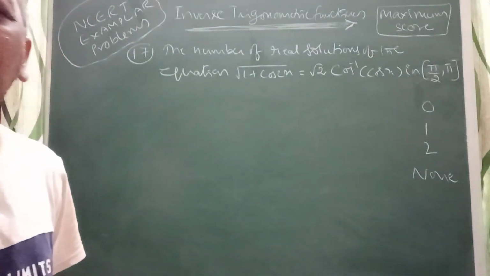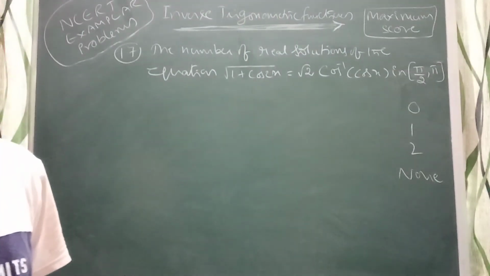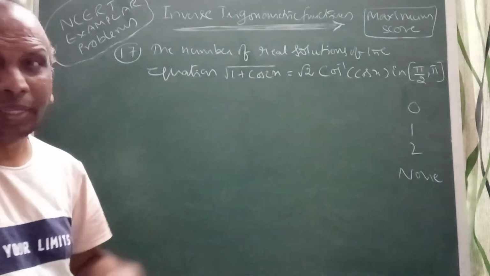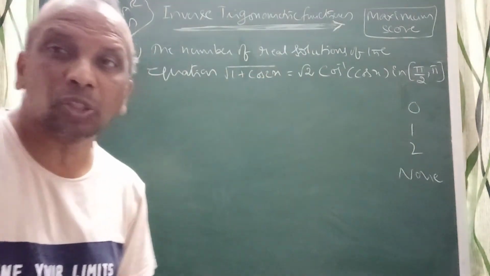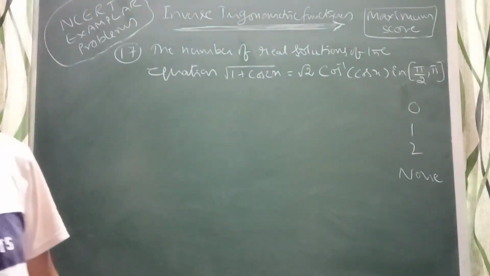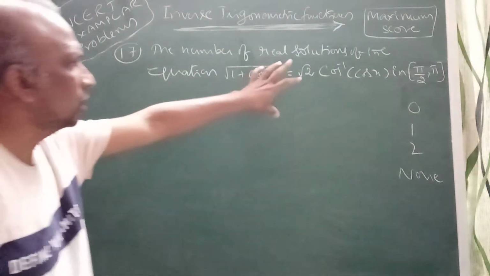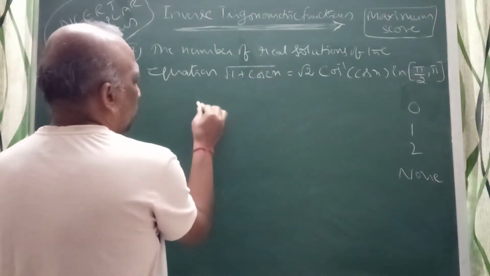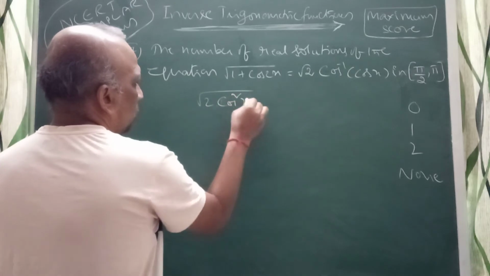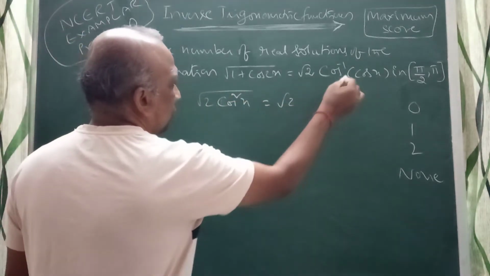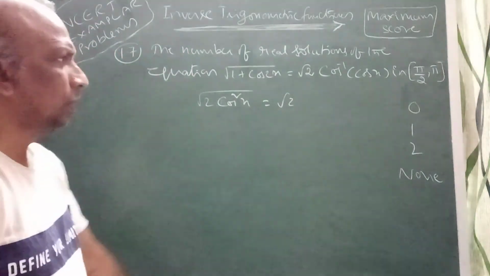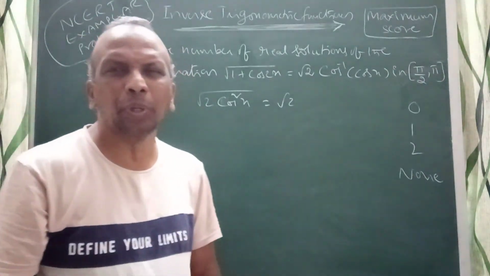Yeah, just look into this problem. Here, this is a specific problem. The number of real solutions of the equation root of 1 plus cos 2x equal to root 2 cos inverse of cos x. They are asking 1 plus cos 2x. I can write 2 cos square x, right? Root 2 cos inverse of cos x will be between pi by 2 comma pi. So they mention here between pi by 2 comma pi.